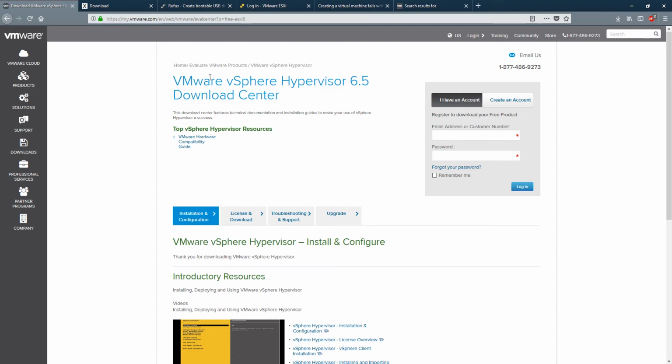And the reason I mention that is because everybody knows it as VMware. But then you have vSphere, Hypervisor, and 6.5. It's like three different names in one sentence. So that can be a little confusing, I think. But that's just me. The next thing, once you download the software, you want to create a bootable disk from